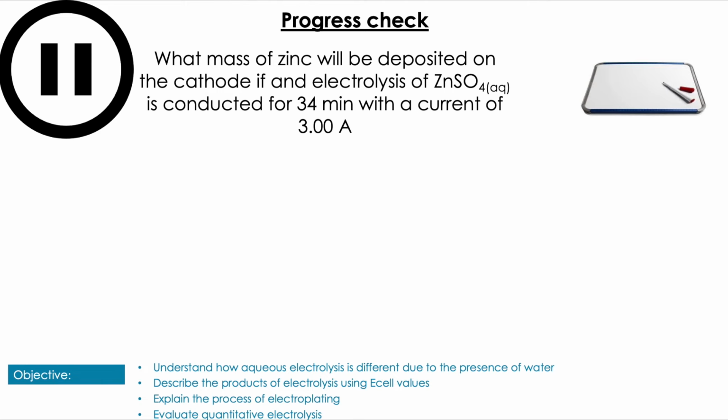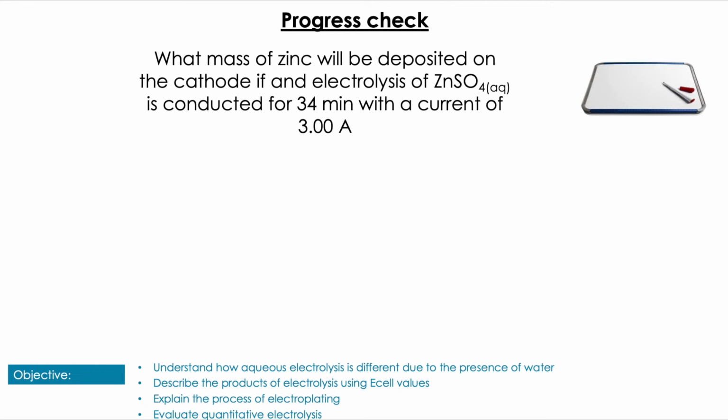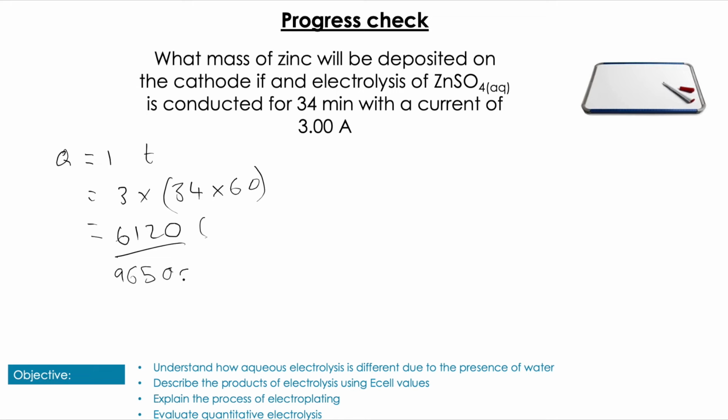Pause the video here. So again, we're using Q equals IT, and as long as you remember to convert your minutes into seconds by multiplying them by 60, you just plug in your values, which is 3 times 34 times 60. That gives you 6,120. So convert that to moles by using Faraday's constant, because remember we want to get a mass, not just the amount of charge, which gives us